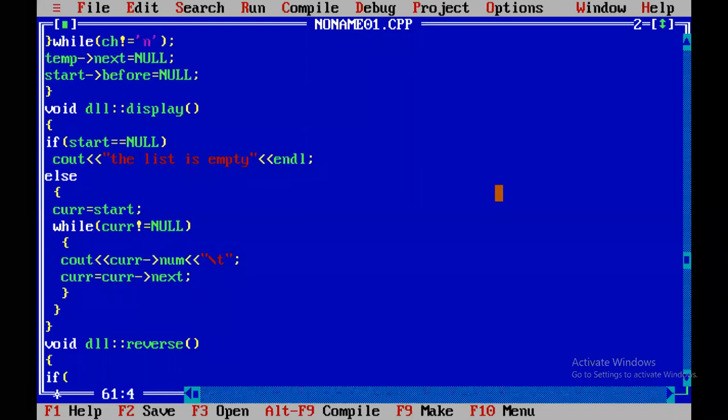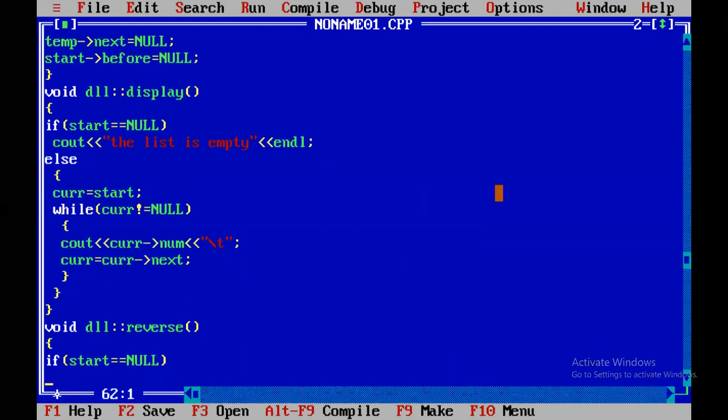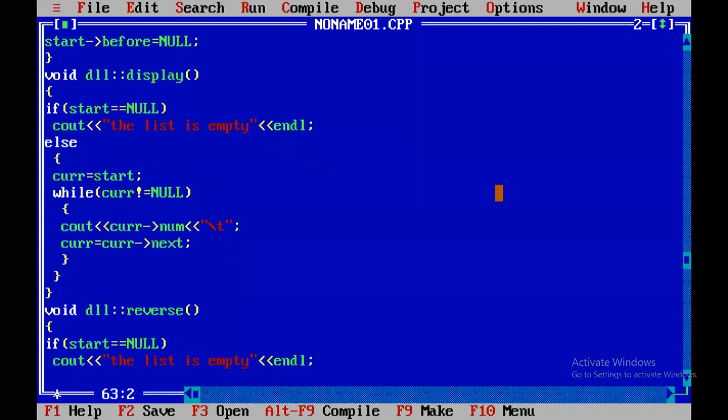If start equal to null, cout the list is empty.